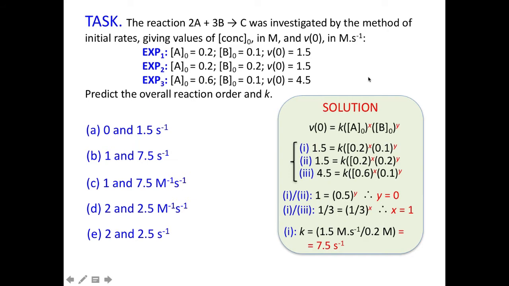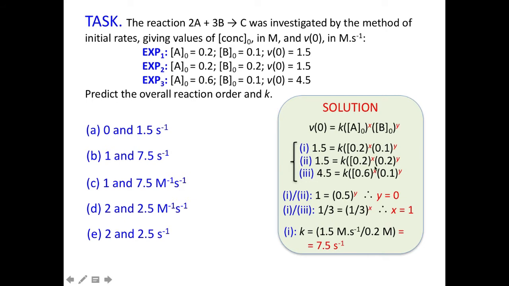And this is a solution for this problem. First of all, for this reaction, there are 2 reagents here. We just write a general rate law, which is k multiplied by concentration of A to the power of x, concentration of B to the power of y. For this general expression, we don't know x and y, but we now substitute the initial rates and concentrations into this expression for each single experiment shown here. So we have now these 3